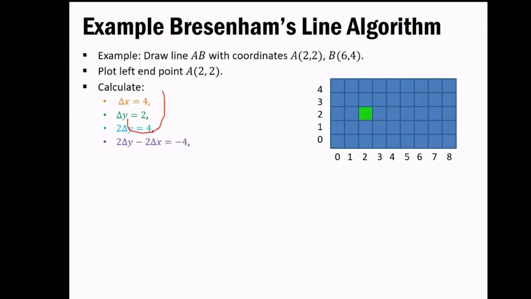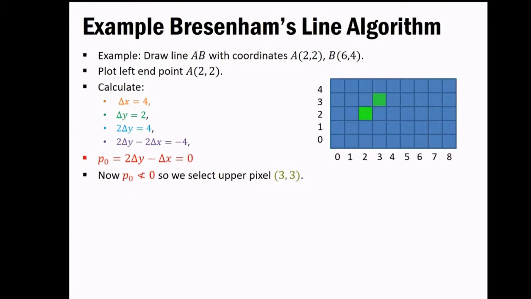So if you have this value in advance, then it would be easier for you to compute the remaining things. Okay, so that is needed in advance. So we'll proceed further. Now what it says is the initial decision parameter needs to be calculated, which is 2 delta y minus 2 delta x, that we know. This is the initial decision parameter. Now try to put the values in this equation, and based on the equation, the value of P0 will be equal to 0.